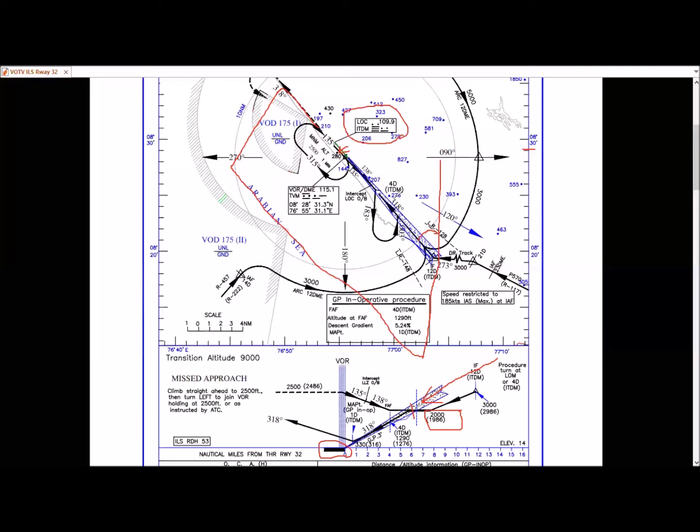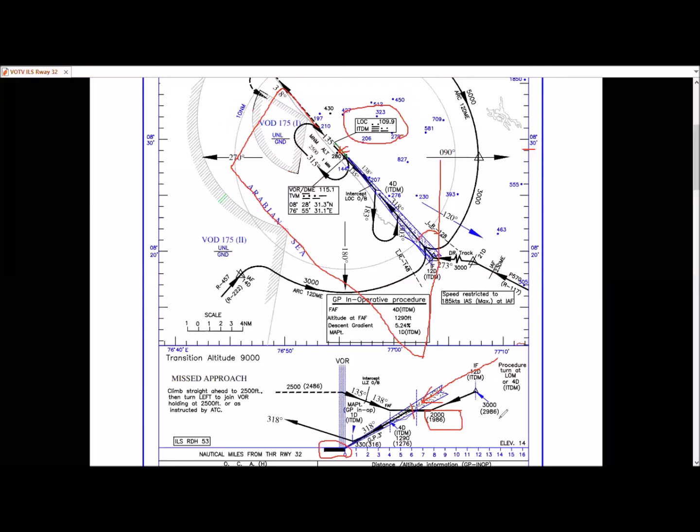Again, this is the plan view. This is the profile view. In the plan view, you have the center line of the runway, which is called the localizer, given by the instrument landing system, ILS, for which we tune the frequency of 109.9 in the radio, which also combines this glide slope frequency.